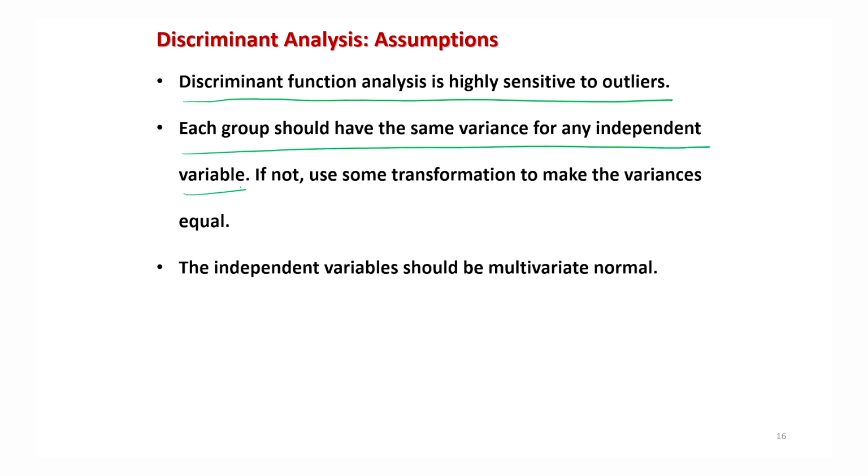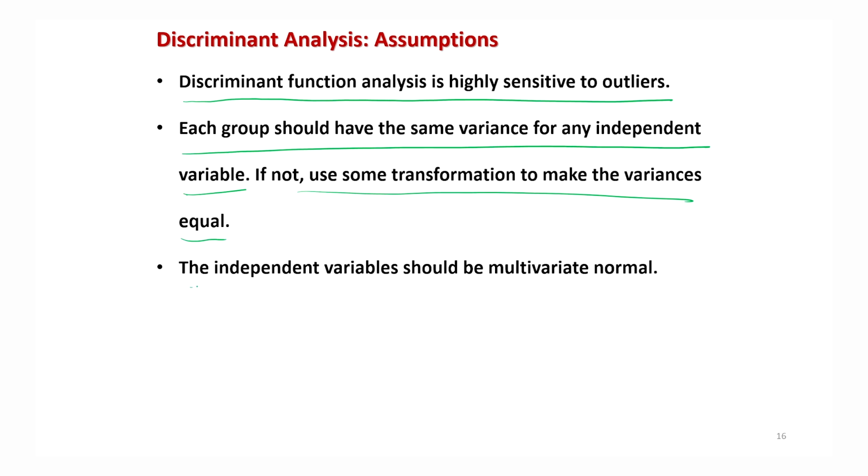We don't expect that the variances of different populations vary a lot. You can have different populations with different variability, but then there will be a loss in efficiency. If you are getting samples from different populations which have the same variability, then the results will be good. So the first option is: if you are getting different variances, try to use some transformation to make them equal. Otherwise, we have procedures which can be used when we have different variances.